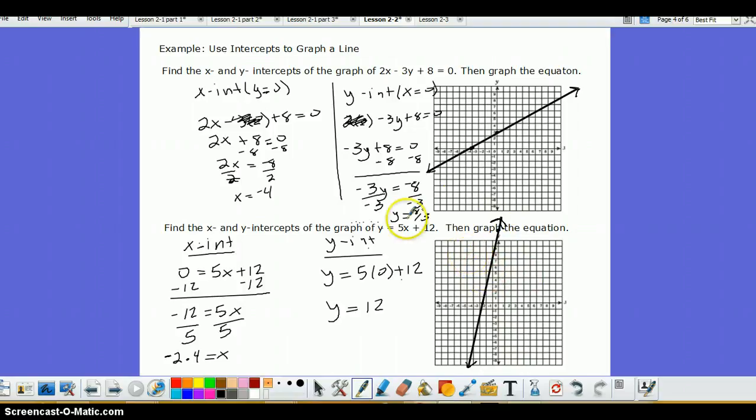So that's the end of this video. Ask questions as you need them. Main thing here, remember that with an x-intercept, y equals 0, and with the y-intercept, x is equal to 0. If you remember that, this part of this lesson should be really quick and really easy. Alright, go ahead and complete the problem set for this video and ask questions